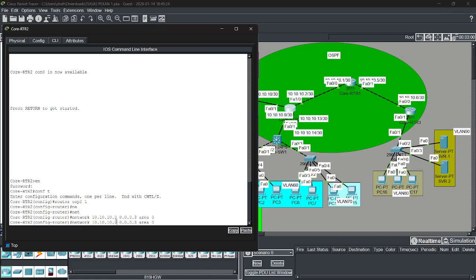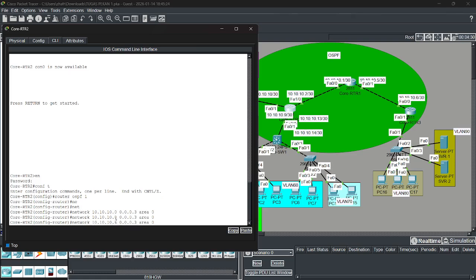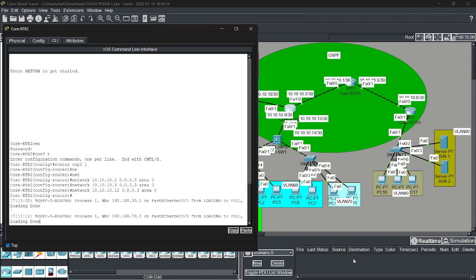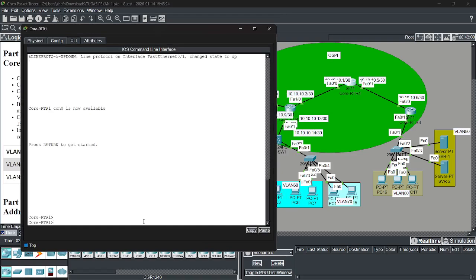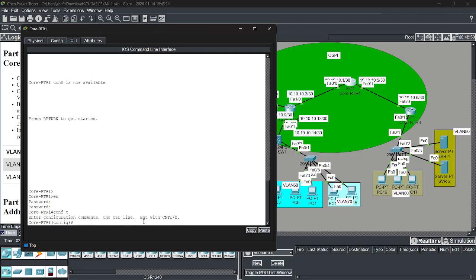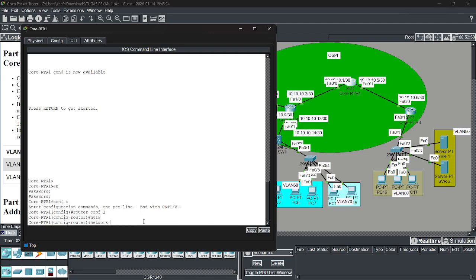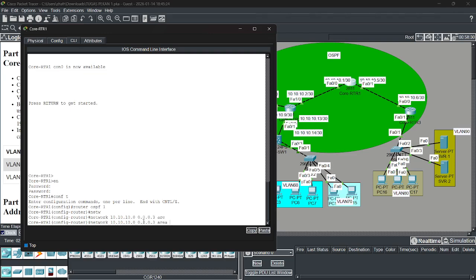Go to router 1 and add the OSPF. Router OSPF 1. We broadcast the network. Area 0.